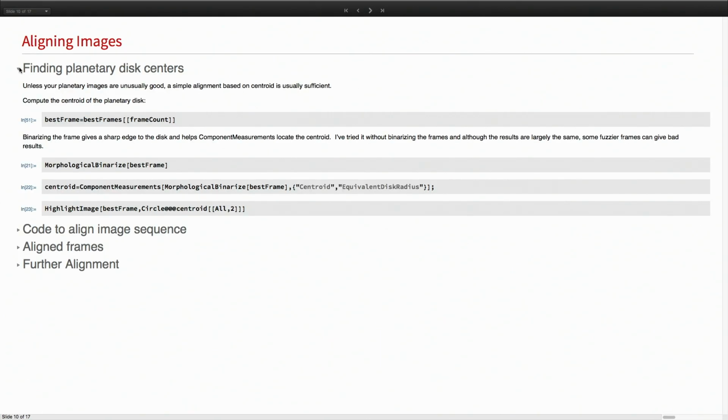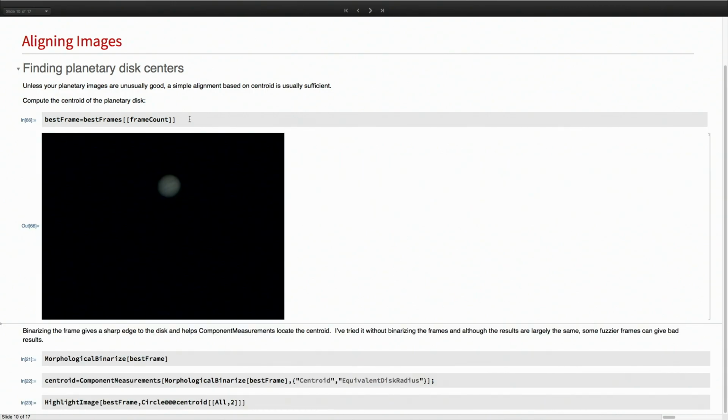then we need to align the images. The alignment is also done using image processing techniques. For instance, here's the best frame in our sequence. And you can see it right there. It still doesn't look that great, but that's the best we have. And the way I align them is